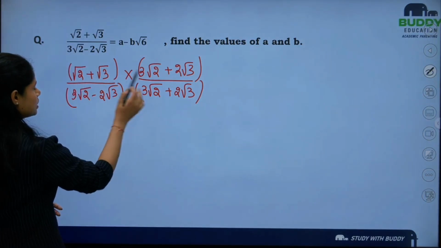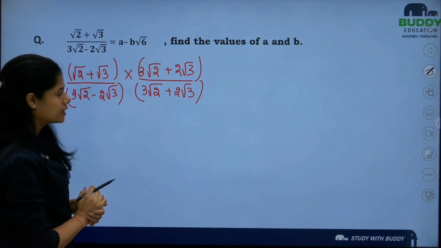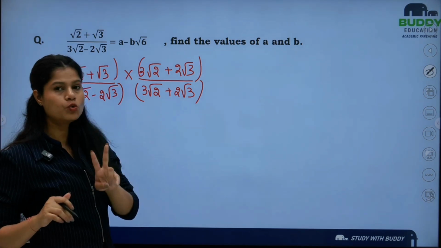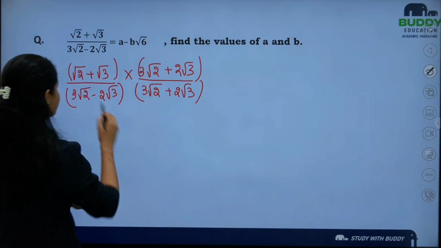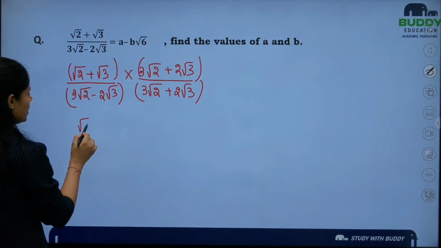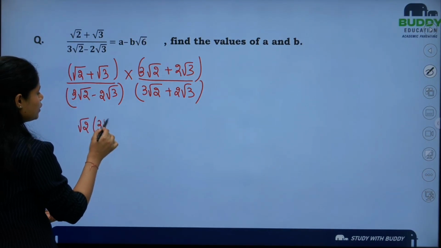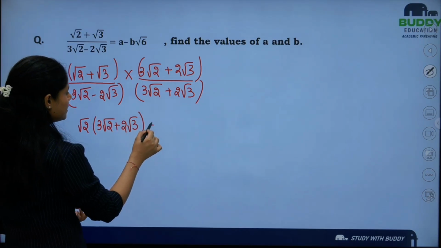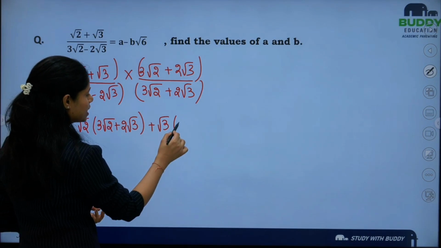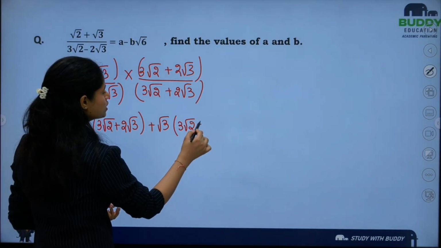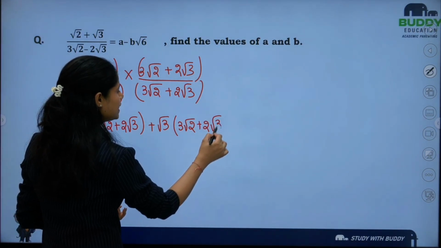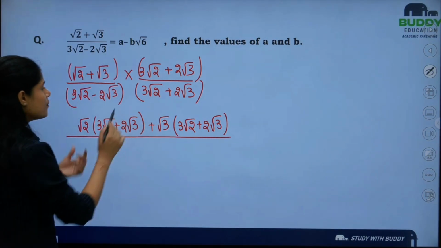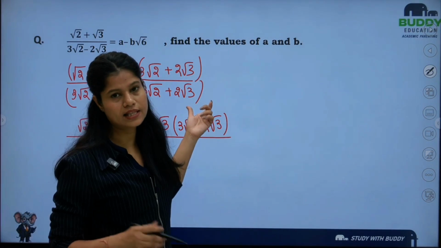So let's first multiply the numerator part. For the numerator part, we know how to simplify two brackets at a time, right? First, root 2 will be multiplied with 3 root 2 plus 2 root 3. And then we will multiply the same bracket, 3 root 2 plus 2 root 3, with this. And after this, we will use the same identity that we have used